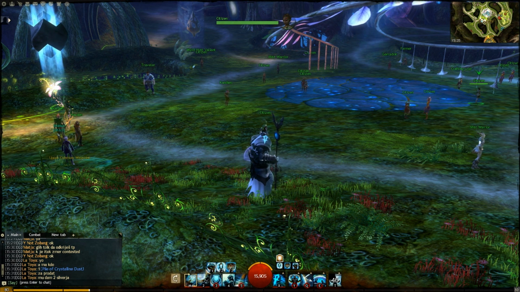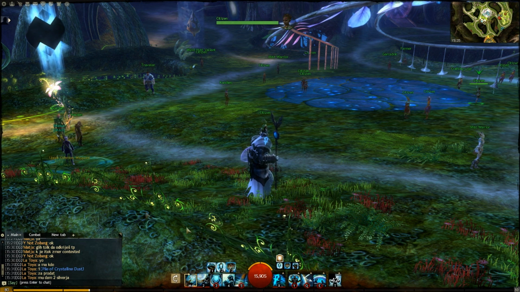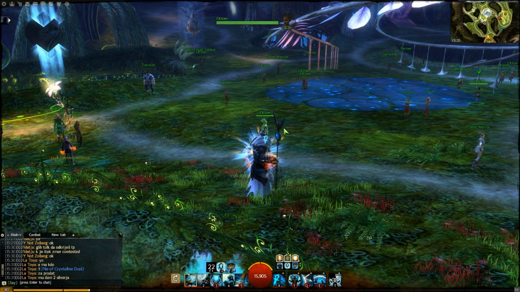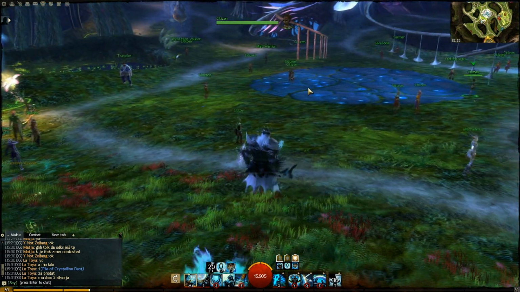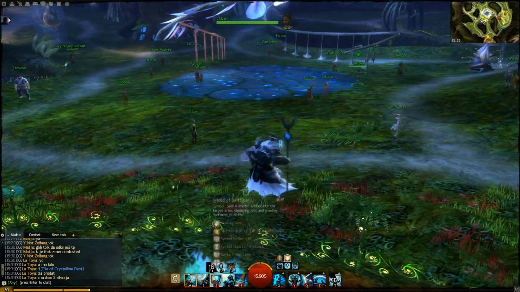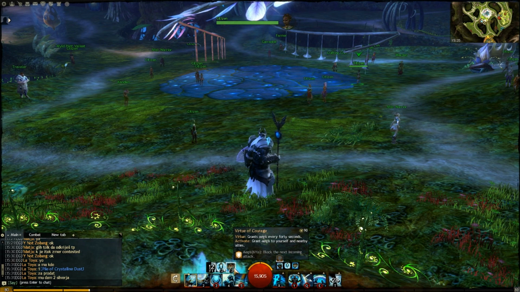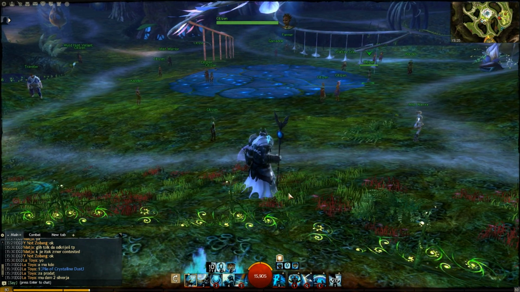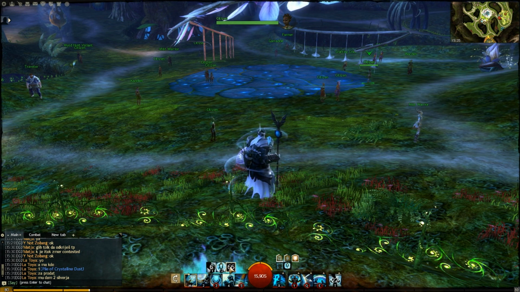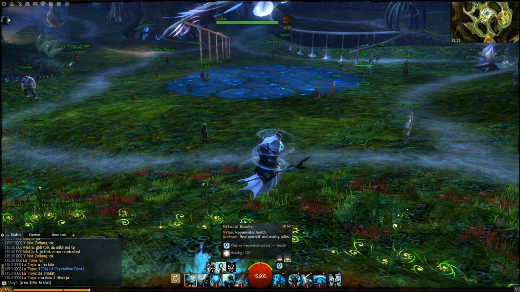Okay, so the virtues are these 3. Well, all the guardians have them. You want to use F1, Virtue of Justice, on cooldown all the time. It boosts the party damage loads because every mob gets burned. You want to use Virtue of Courage when you see there's a burst coming up, so everyone gets block. And you want to save Virtue of Resolve